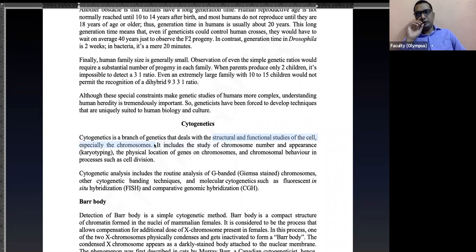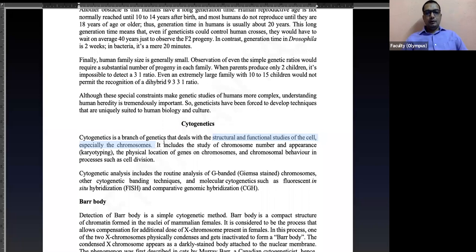When we say cytogenetics, we know that all the instructions related to life are stored in the form of DNA. Correct? You remember that? In the cell nucleus at the center, the nucleus contains genetic material. Genetic material is mainly DNA, and in the condensed form during cell division, DNA gives rise to chromosome structures. So if you say chromosomes or DNA, we are referring to the same thing. So when we are talking about cytogenetics, it is the study of chromosomes. Although there are a couple of other things that can be done, most importantly our focus is on studying the cell and especially the genetic component of the cell, which is DNA or chromosomes.